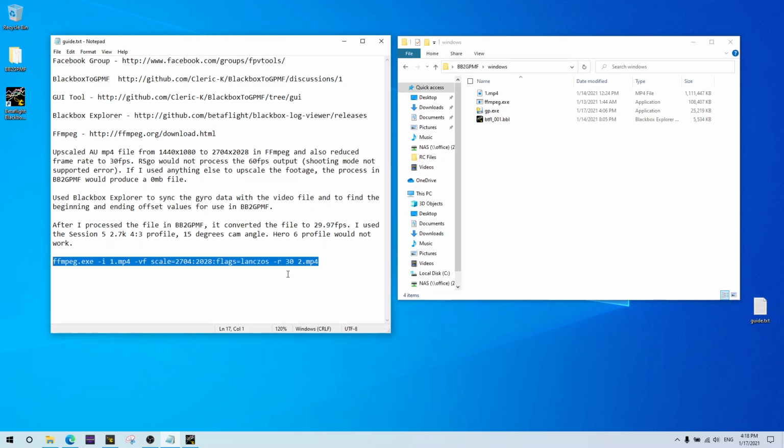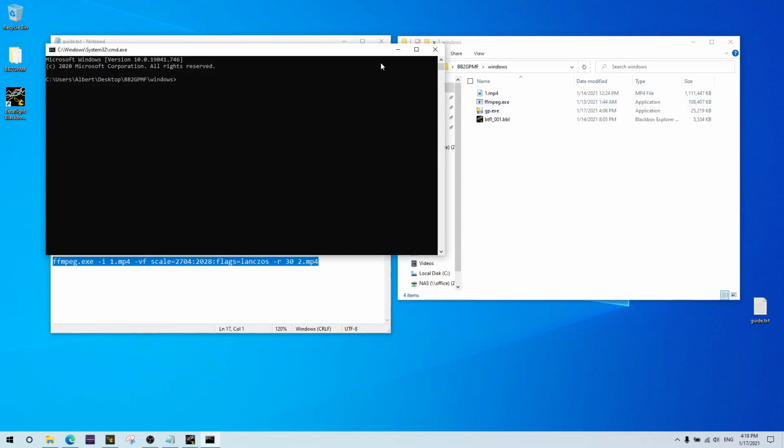So in this case here, I'm putting in the -r 30 to convert the frame rate from 60 frames per second to 30 frames per second, and then the 2.mp4 is the output file, or the name of the output file. So in order to run this, you go right back to the window here that I had all the programs saved to. And if you go into the little address bar and you type in cmd and hit enter, it'll bring up a command window